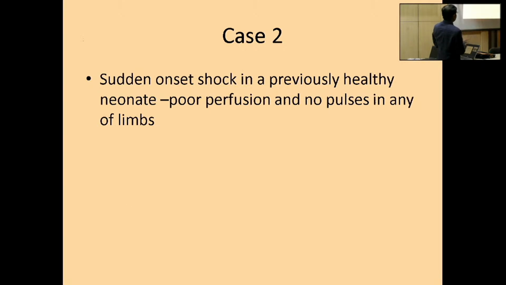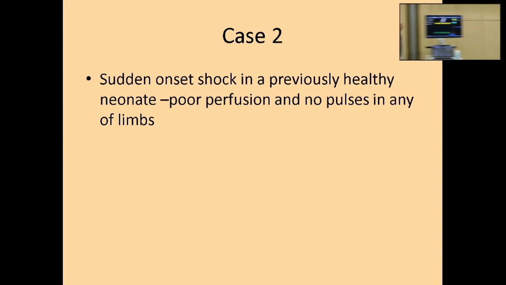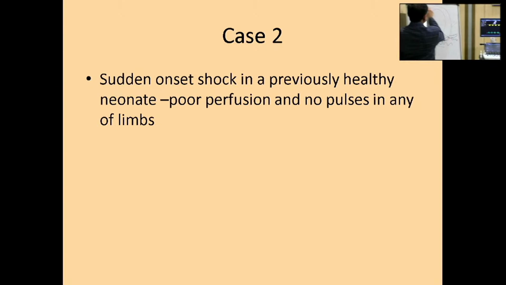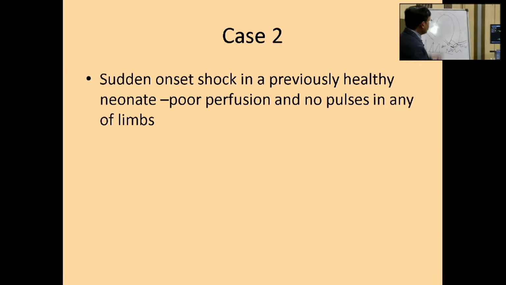Now, this is another case. So what will happen in the coarctation is, when you have lower limb BP down, what would happen to upper limb? So left subclavian comes here, left carotid comes here, and then you have right subclavian, right carotid. So the parts which are below this coarctation site would have lower pressures, the parts above would have higher pressures. But there are variations in the arch vessels. Suppose this is left subclavian comes here, what would happen? The pressure,